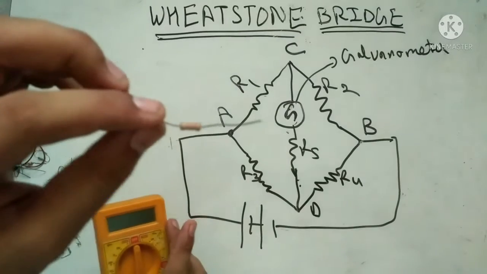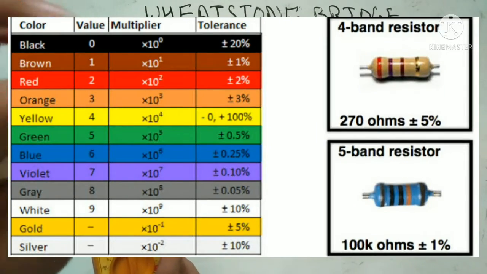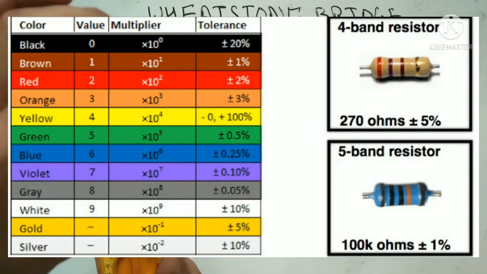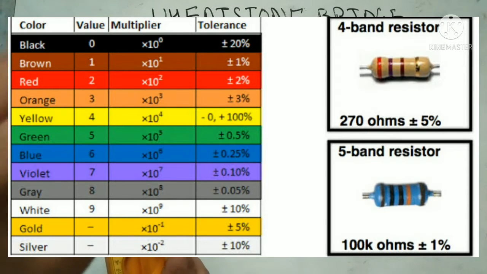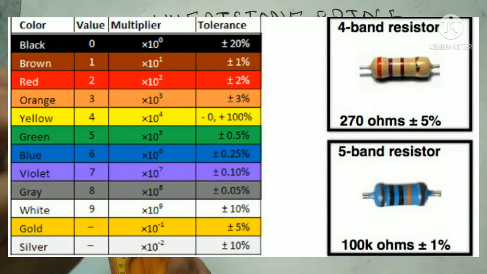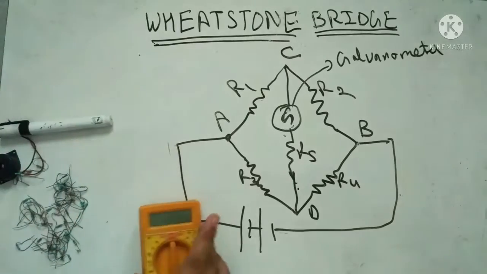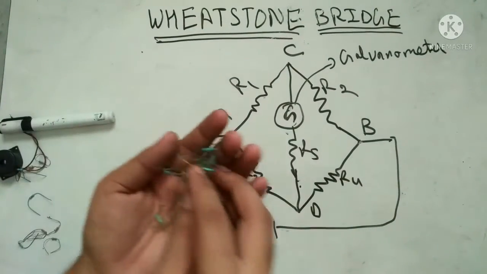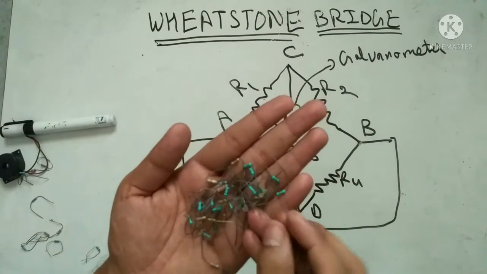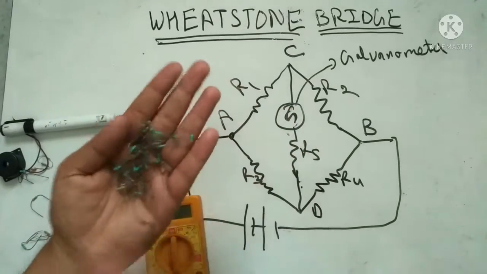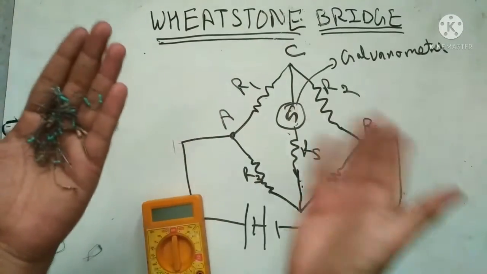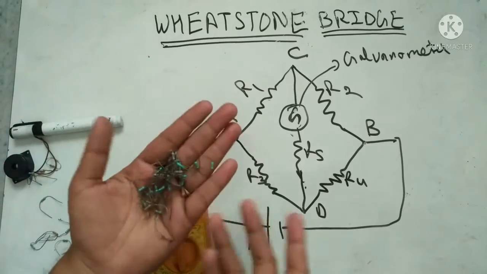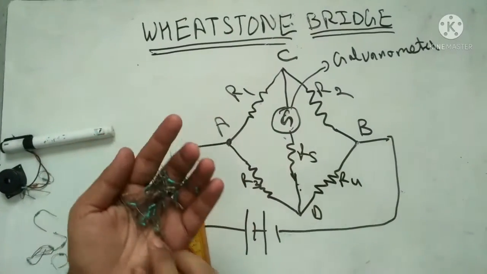Students, in the first chapter you have the color code: BB Roy, Great Britain has very good wife. From that color code combination we can find the resistance of any resistor, and we have many resistances of various values. We can take any five of these resistances and connect them in this manner, and that will be our Wheatstone bridge circuit.